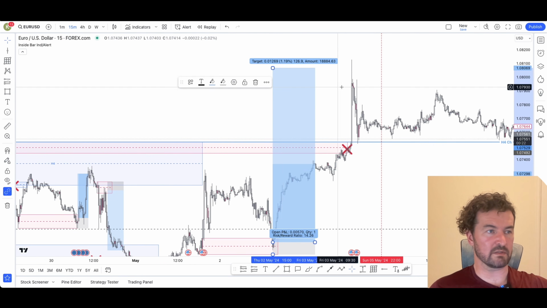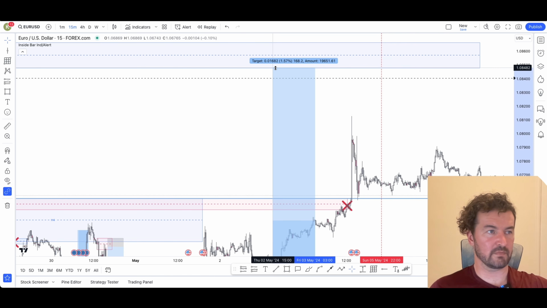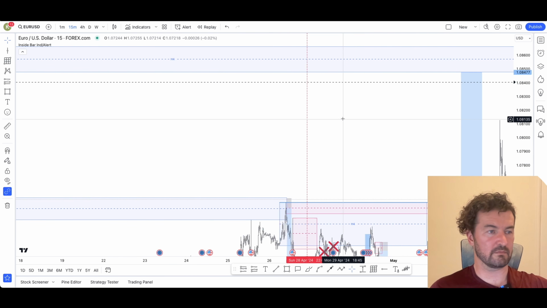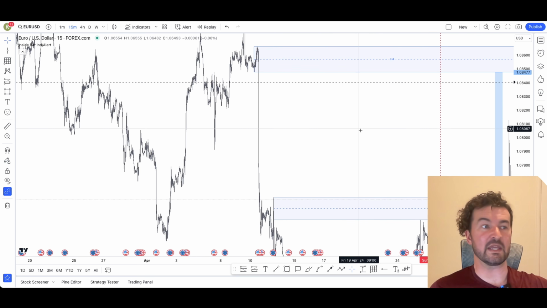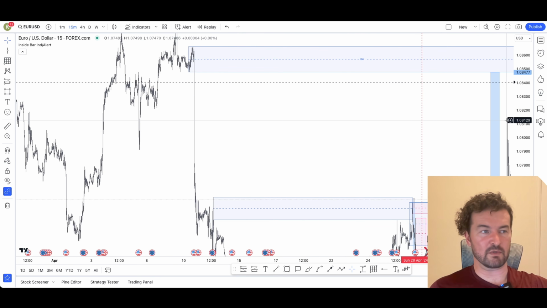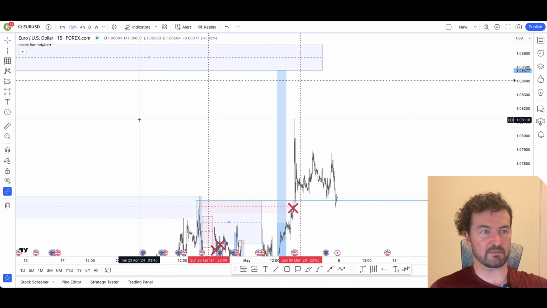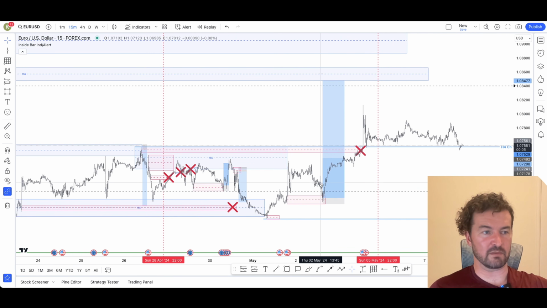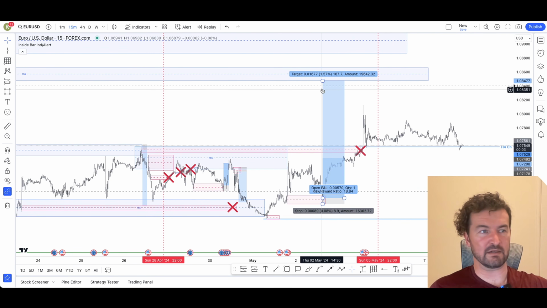Yeah, that's one where you'd possibly still be in it. That's what we'd be looking for. Yeah, it is. Because once that was broken, we'd have nothing but clear space. Okay, yeah, so that was what the target would be if you were to be in that trade. So 18R trade,